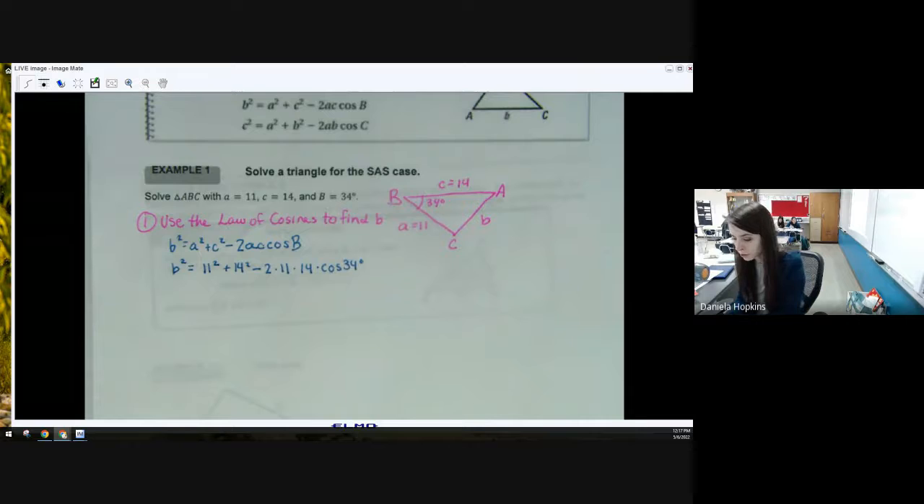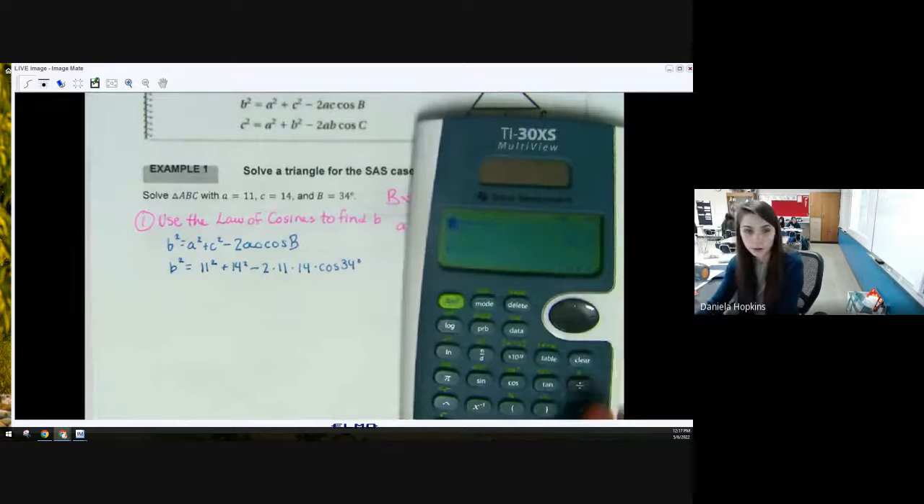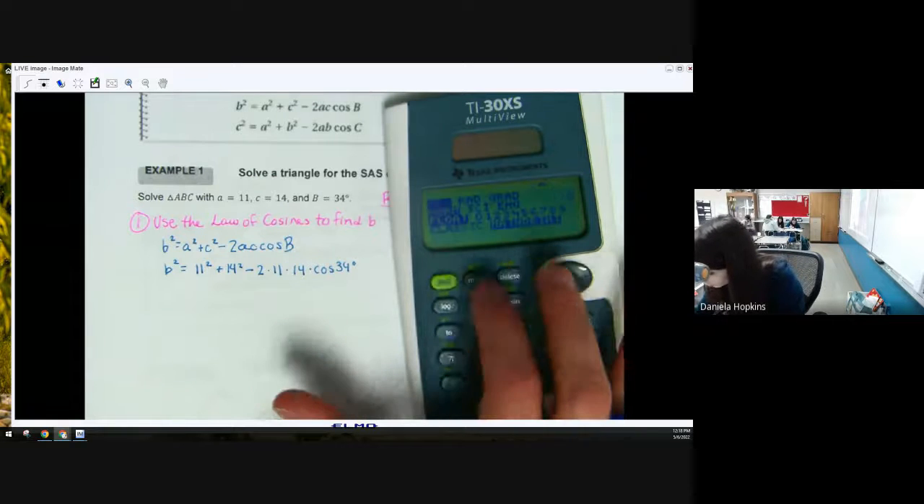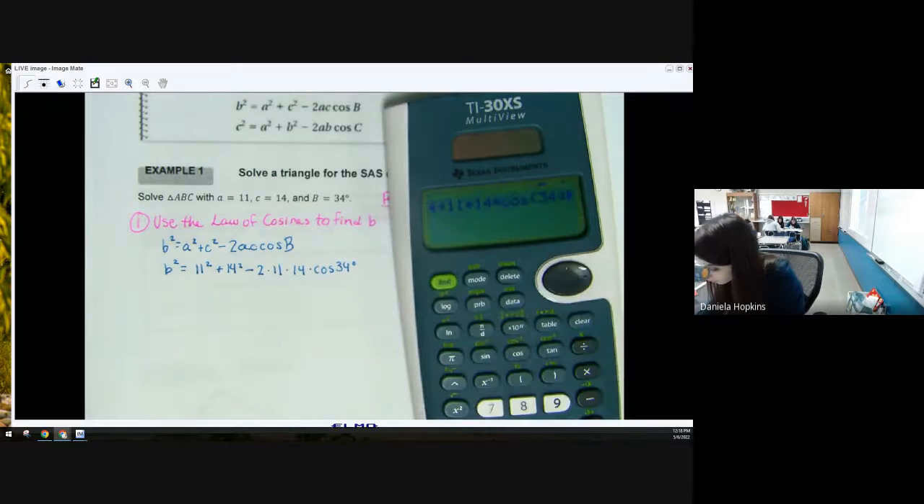So here's where I would just type this all into your calculator. Trust that your calculator can do order of operations because the good ones can. I don't know about your phone calculators. I don't know why people still use those. Minus 2 times 11 times 14 times cosine of 34. Make sure you're in degrees before I do this. I am. I hit enter, and I get